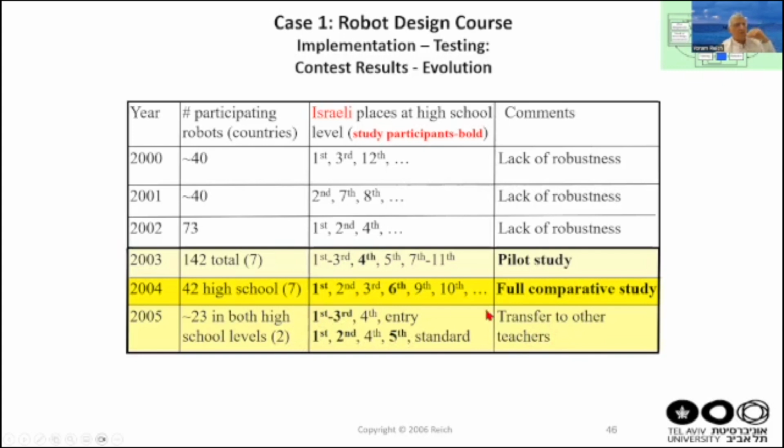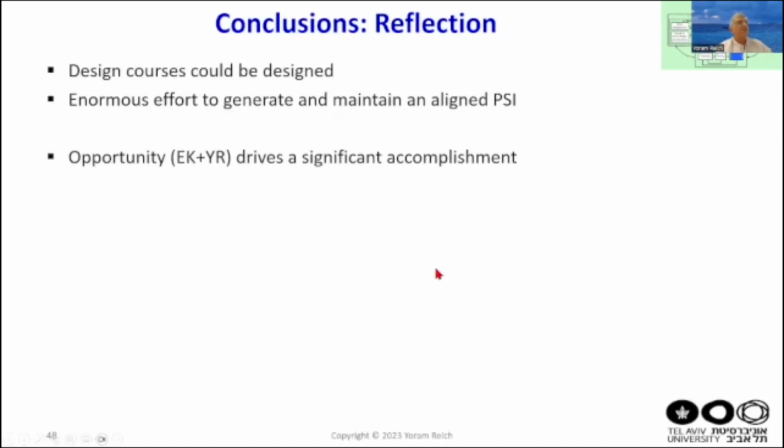We understood that this competition is becoming irrelevant to us. So in the following years, teachers other than Eli started to go to RoboCup, dancing or other types of competitions. And in the years that the teachers who practiced the curriculum participated, they won first prizes. So we can really say that it's a consistent result.